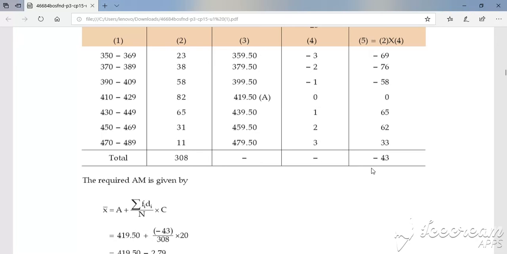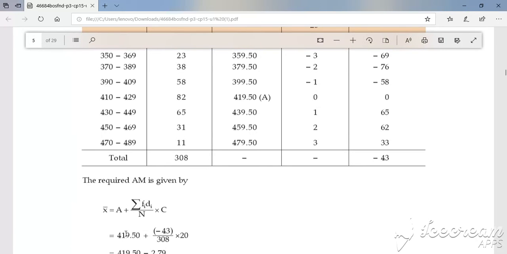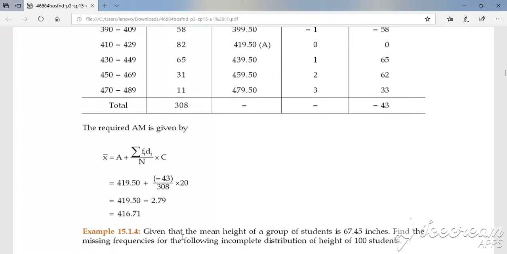Yes, so the value of a is 419.5, right? So a, 419.5 plus what is summation of fi di? What will be summation of fi di? It is minus 43. So minus 43 divided by what is the sum of fi's? Sum of fi is 308 multiplied by class width, which is 20. Okay, so if you do this calculation, you'll get